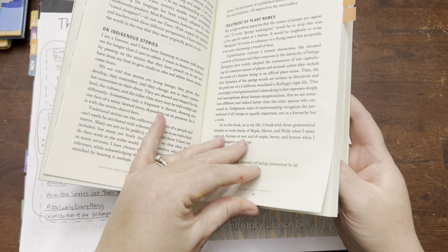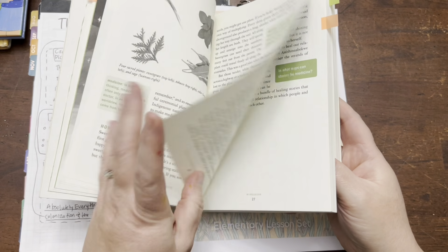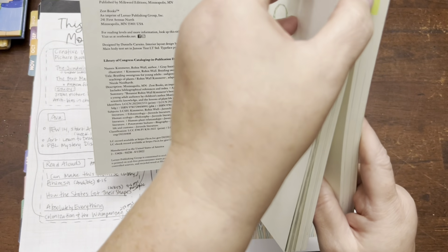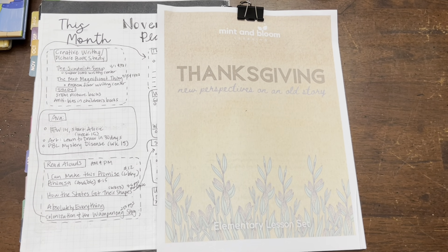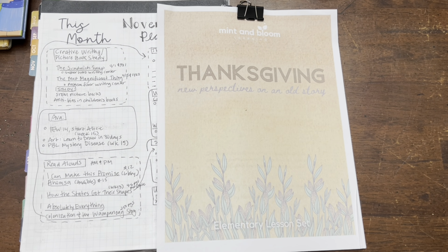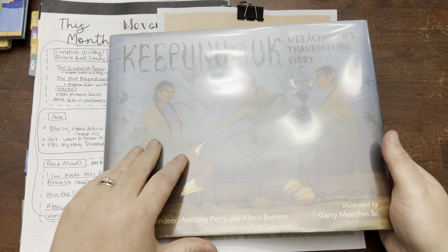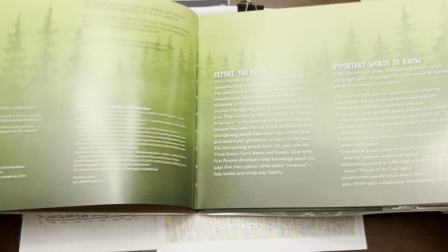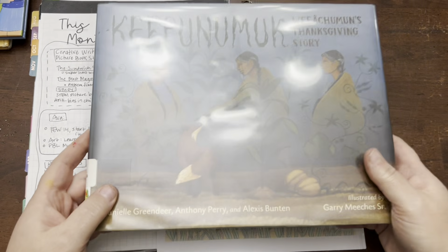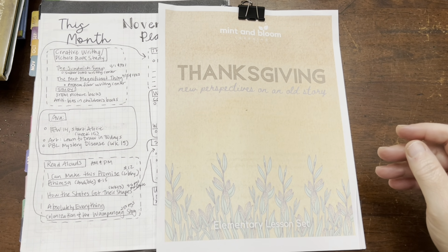Basically, let's see. Yeah, we're going to read kind of this little intro section. And then we're going to read this chapter here on the 3 sisters. So that's all we're going to do out of that one. And then the main one that we're going to use each Friday is this one, which we have read before, but we're going to read it again and do some of the activities that they have in the pack here. And then we're also going to use the third one, I'll show you in a second,